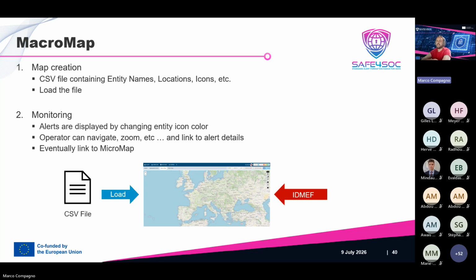So we've elected to use a CSV file to configure the map. What this means is that the user has to create a file using specific fields that we've selected to describe the assets specifically that they want to place on the map, and of course where they want to place them. This file is then loaded into the map, and afterwards the monitoring can be conducted again using all the features